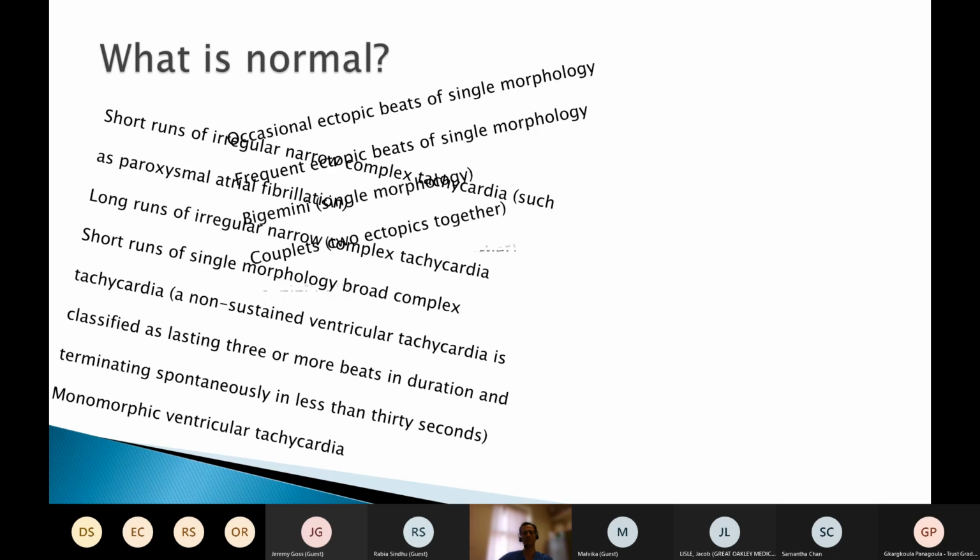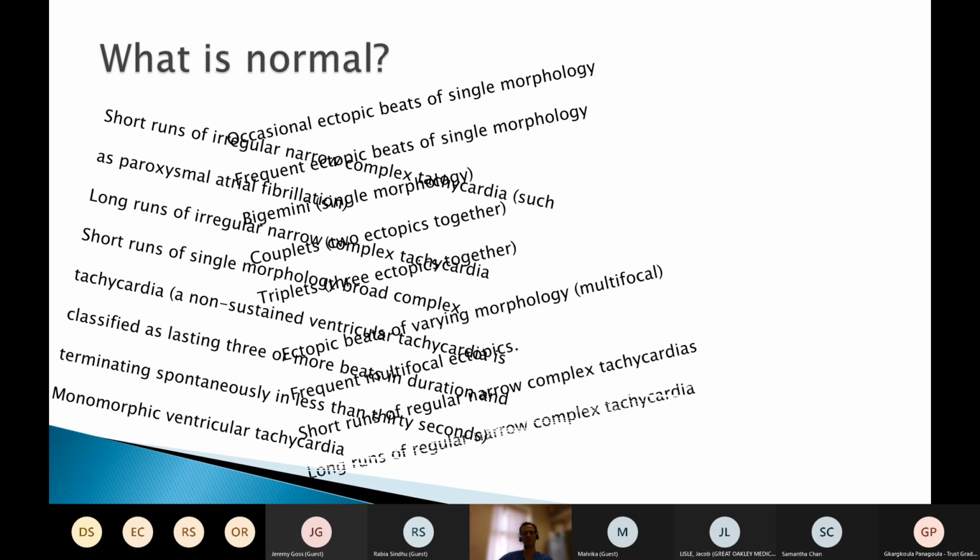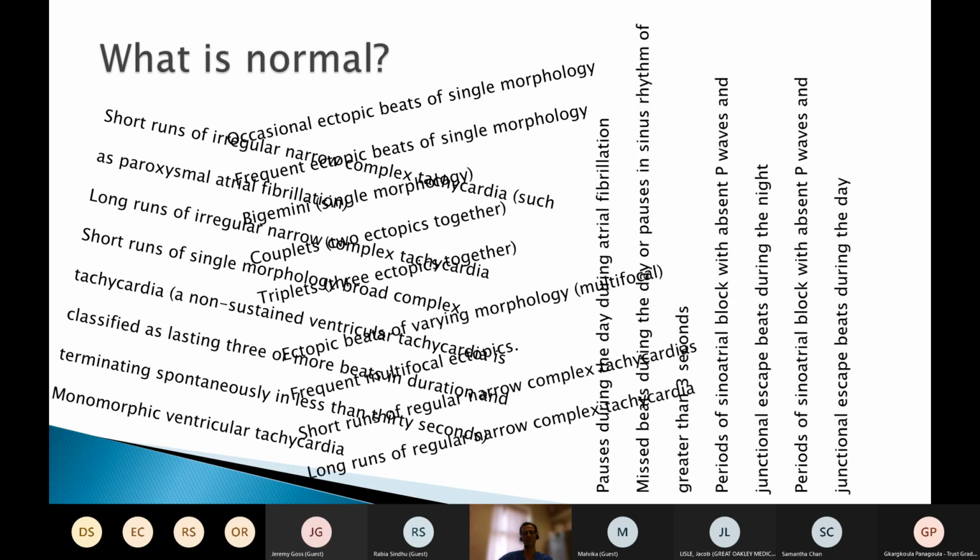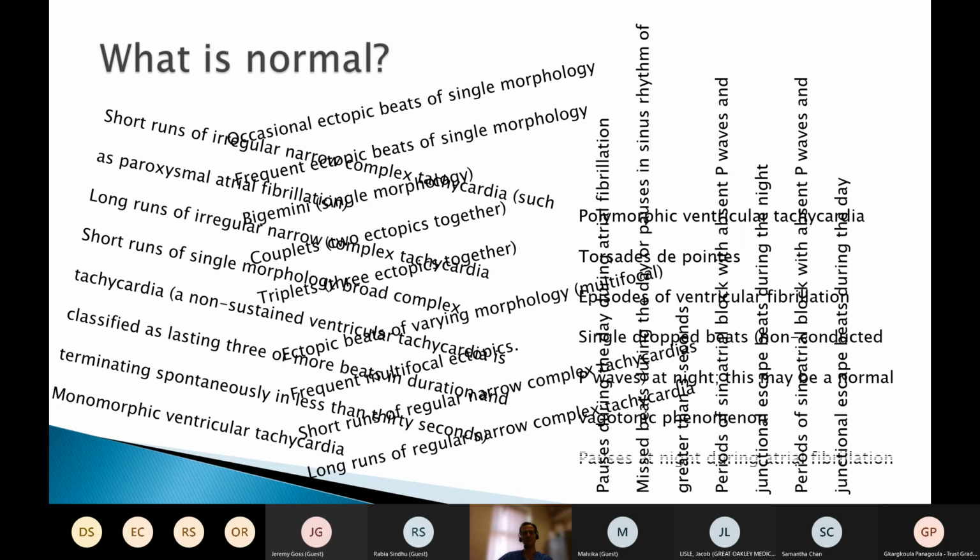And I'll put 1 or 2 suggestions out there. And the answer to the question I've just asked, which I hope you're all trying to answer, is that actually we don't really know. And that's because we haven't really done large-scale studies of normal people and done 24-hour ECGs to see how often they might have a 3-second pause, for